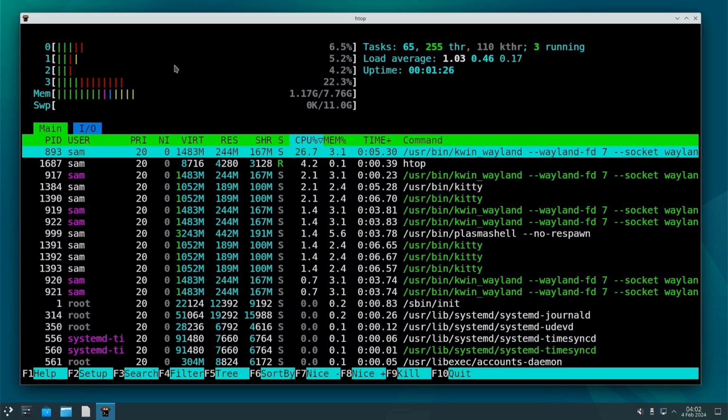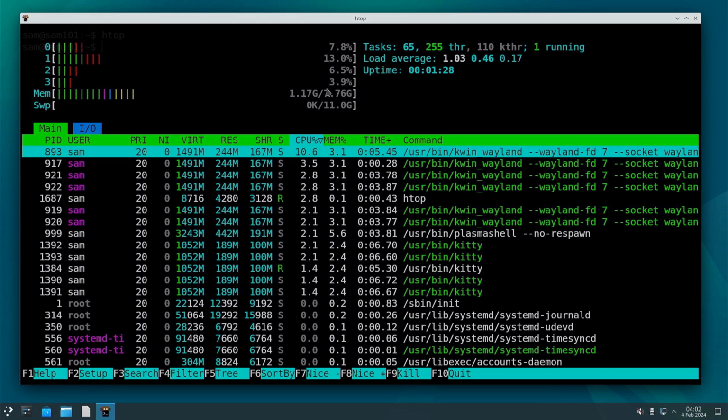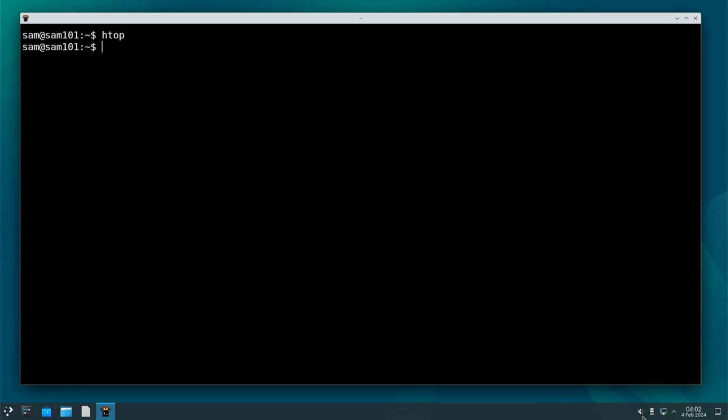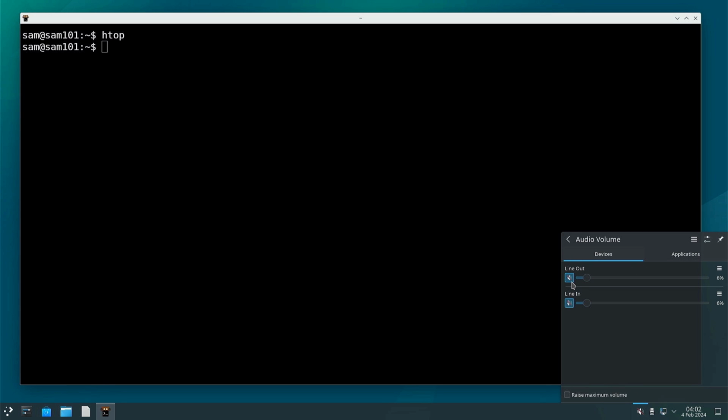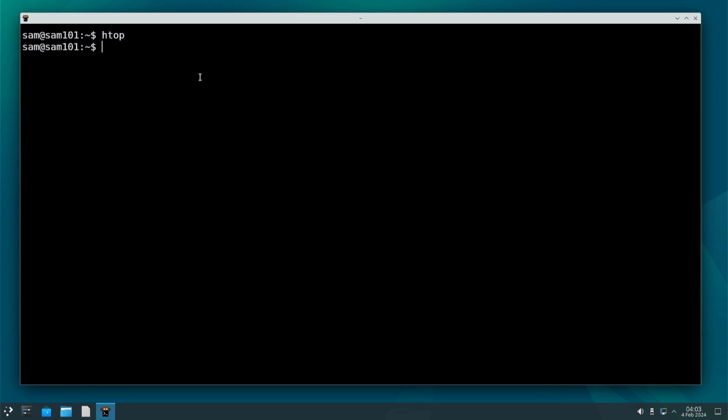And look at my VM's usage. And audio is working too. Now shut down the VM.